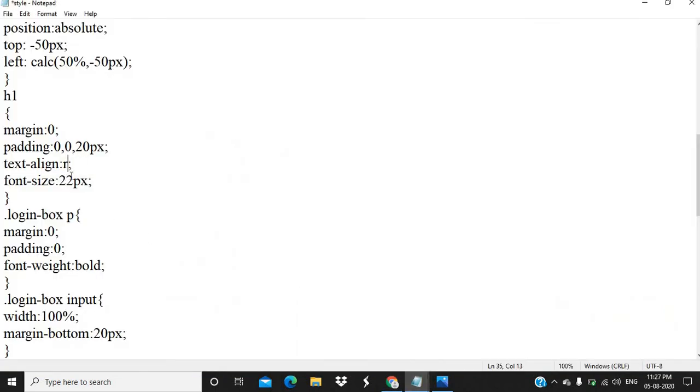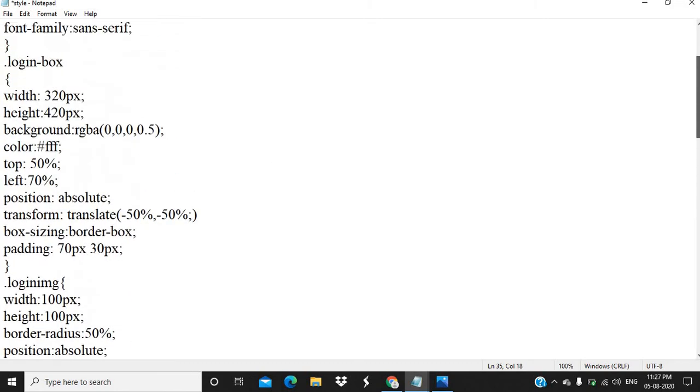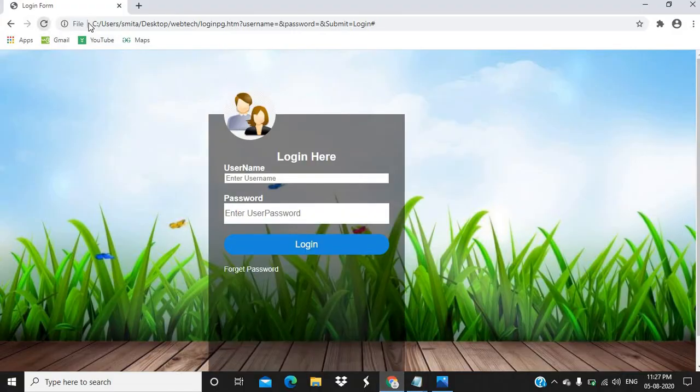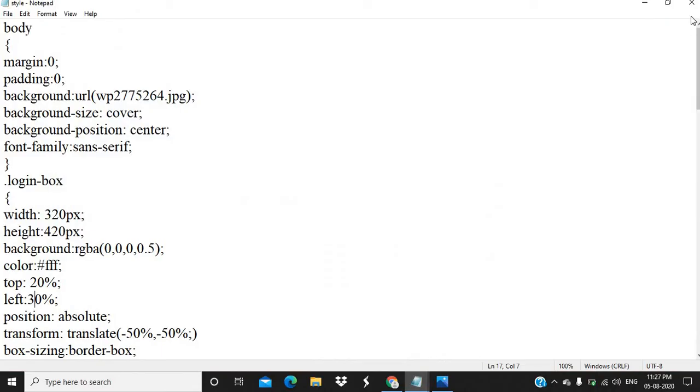So wherever you want to do that, you can do the changes over here. Even I will change this also, that is at 20 and 30%. So properly we can align that. Yes, now it is in the proper size. After that,